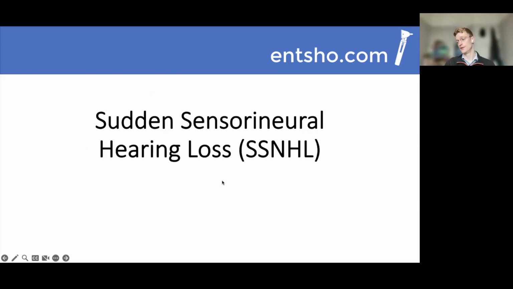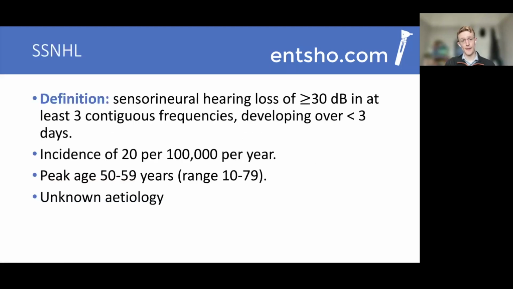Okay, so then moving on to sudden sensorineural hearing loss. This is defined as hearing loss greater than 30 decibels at at least 3 contiguous frequencies, developing over less than 3 days. It's got an incidence of 20 per 100,000 and typically occurs in later middle life, between 50 to 59 years of age. It's got an unknown etiology. It's often thought to be post-viral infection. However, there's also debate that it could be